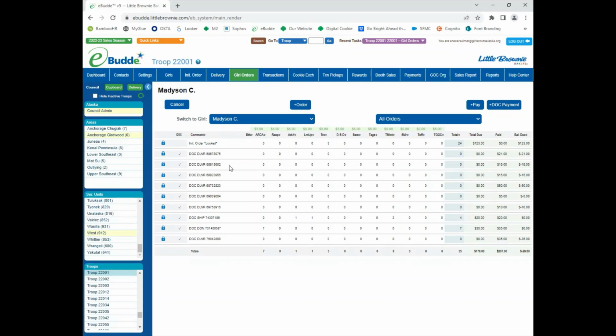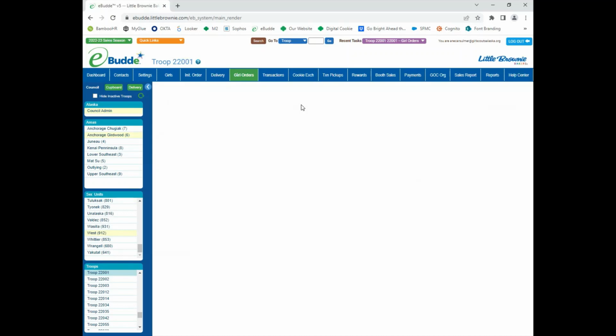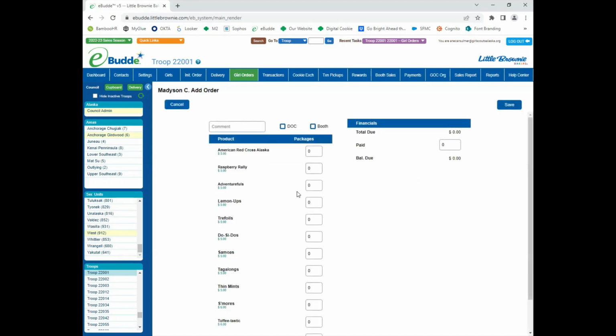And then those first couple of girl delivered orders took care of those cookies that she ordered ahead of time. Either of those things are okay, but eBudde doesn't know which one of those things is true. So you have to tell it by giving her more cookies. That's when we do the plus order. We assign cookies to her, any cash that she paid. If she did have